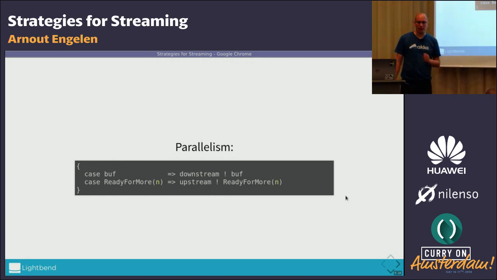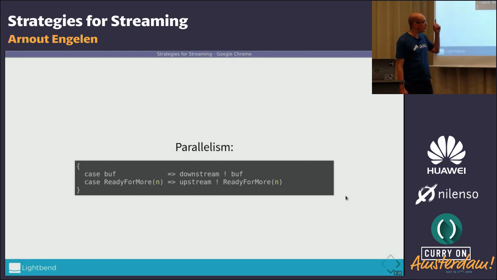So for example, parallelism. In our simplest example, we would read from the upstream, we would do our processing, and then write to the downstream. And if you have potentially a lot of things coming in, that could be a really inefficient way of doing things. Because once you've started processing the first message, maybe you can already start processing the second and the third message as well. Maybe you have enough space for this. So you can parallelize some of your stream processing.